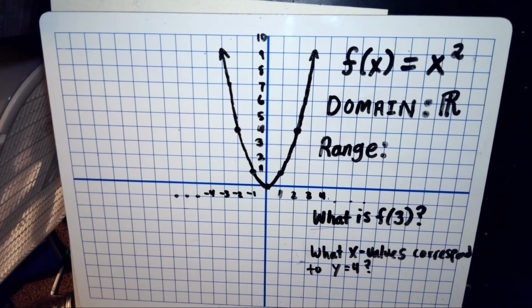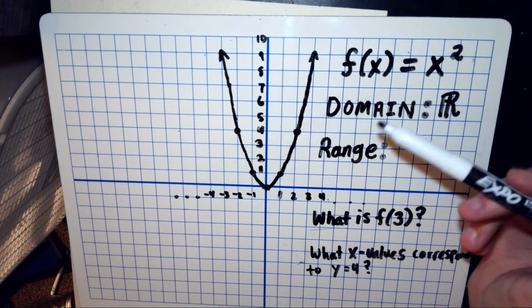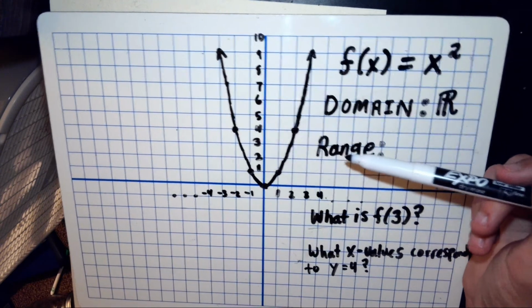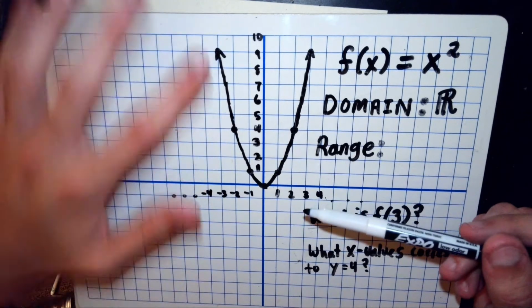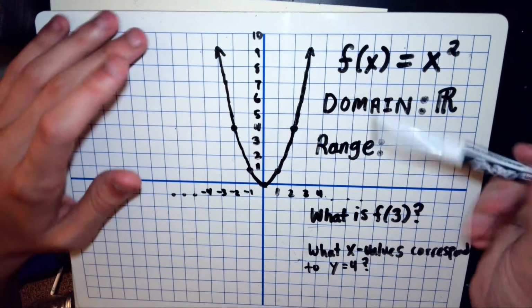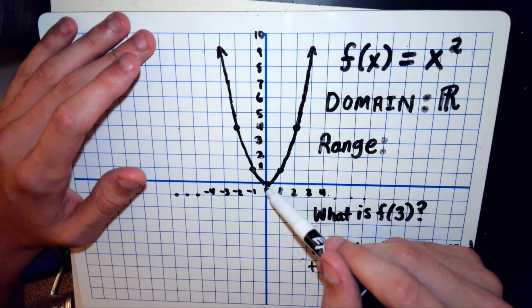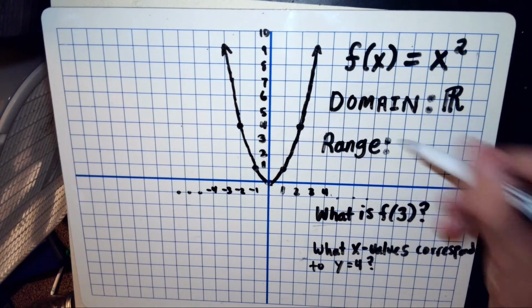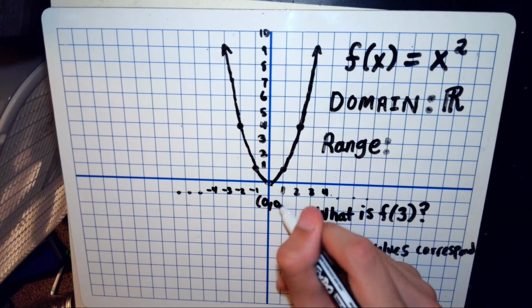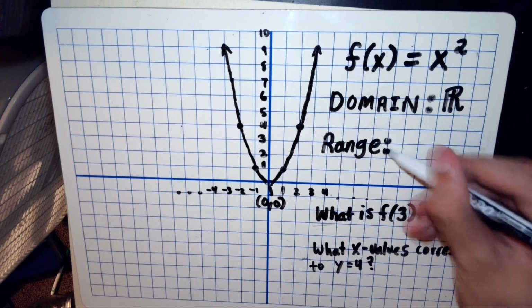So now let's talk about the range. For the range, we've got to look at the set of all y values that this function takes on, that this graph touches. So if we're looking at this graph here, note one thing, and that's that at the very bottom right here, that's its lowest point. Its lowest point is at the origin, right? That's the same as the point 0, 0. So the lowest y value